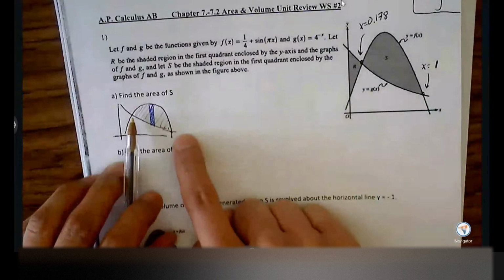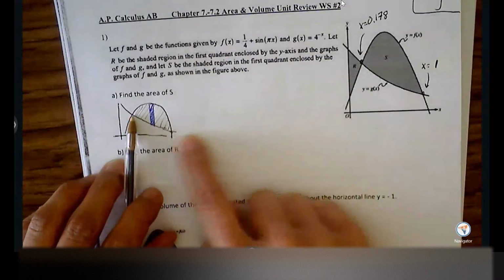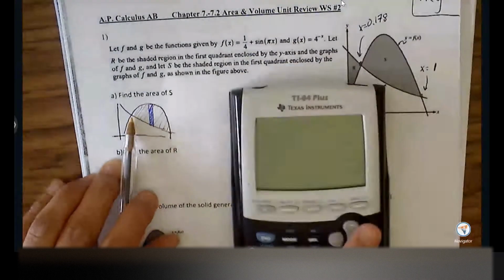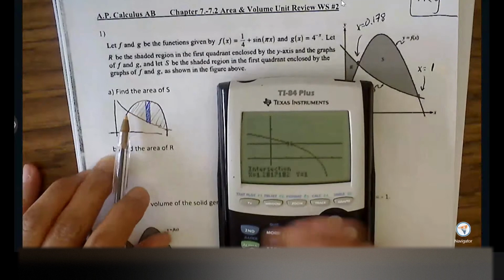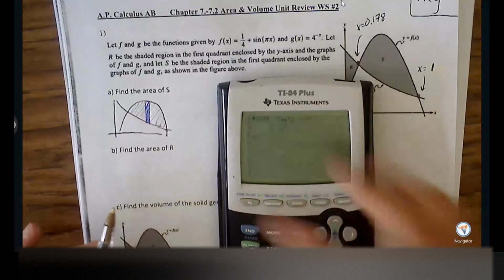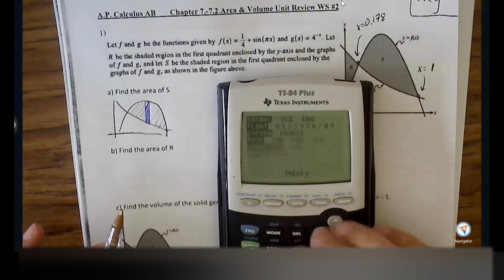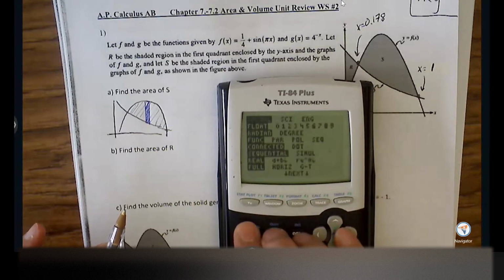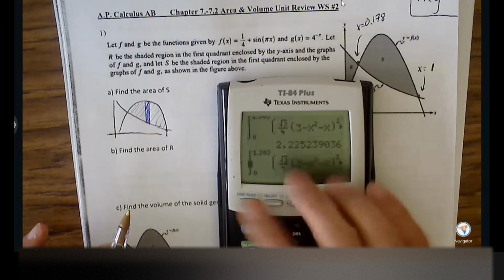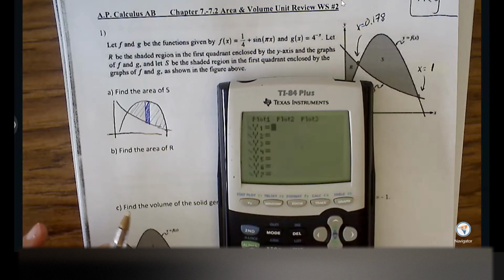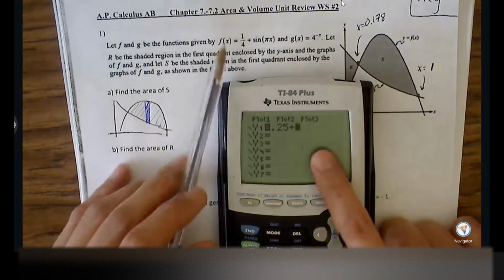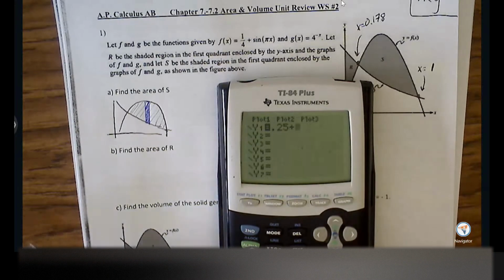And we do need to plug into the calculator so we can find these intersections, right? So practice with that. Make sure that you're in radian mode. I'm just going to put 0.25 for 1/4 plus sine of